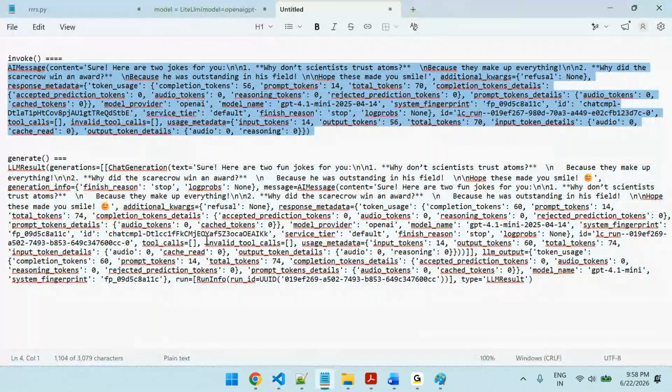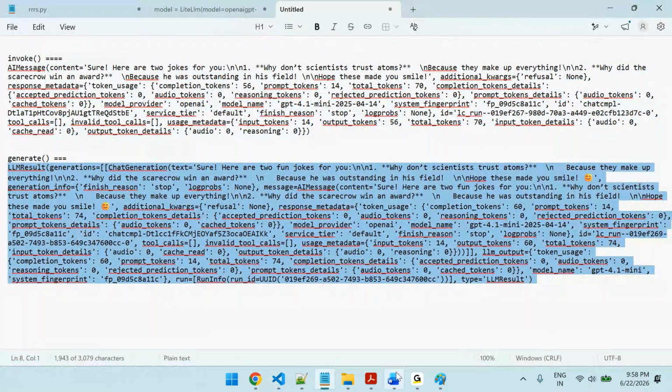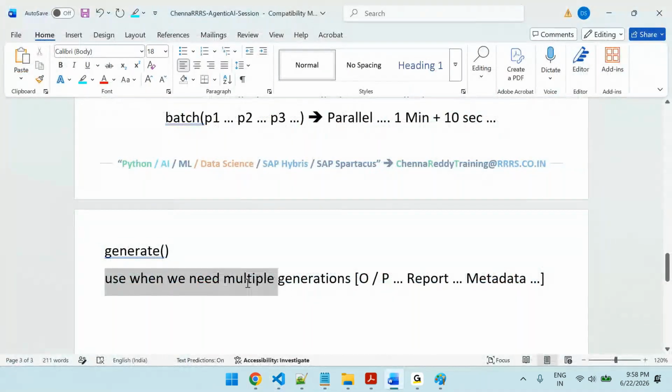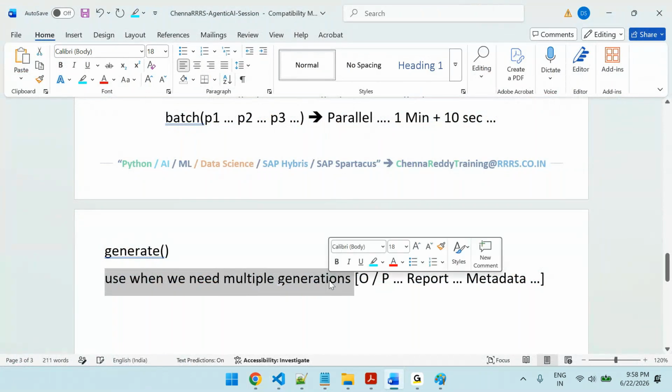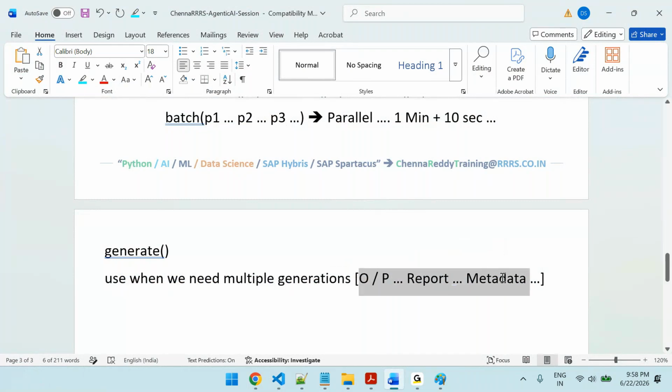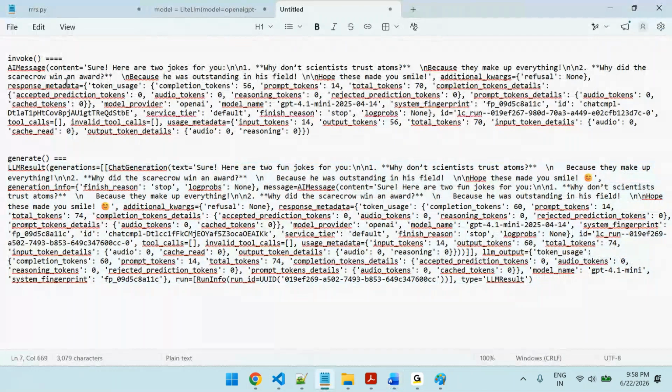Now, if you see here, generate method, that's what I told. The generate method is used to generate multiple generations. What is the meaning of multiple generations? Structured output, report, metadata, all those things. Now let's see whether we have the metadata. If we take the invoke method,